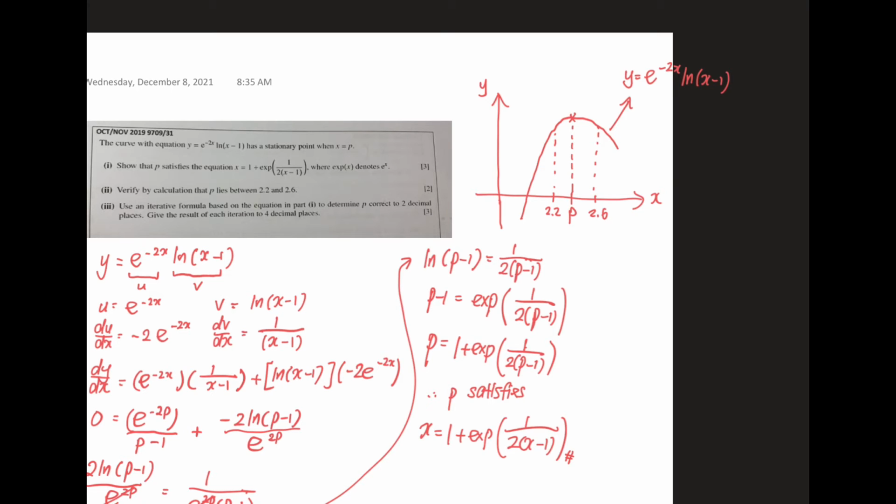So imagine that if I substitute 2.2 inside, the gradient at 2.2 maybe depends on the graph, right? So maybe it is dy/dx, which is a positive gradient. As you can see, the blue line is the gradient of the tangent. Meanwhile, if I substitute 2.6, you can see the gradient of the tangent that I draw over here. So you may get dy/dx